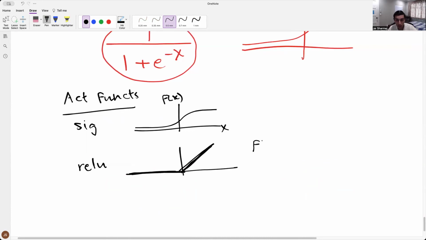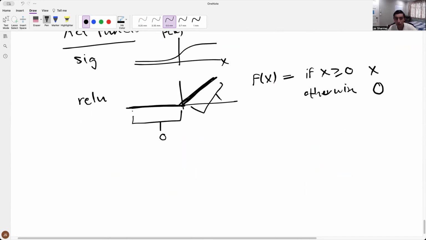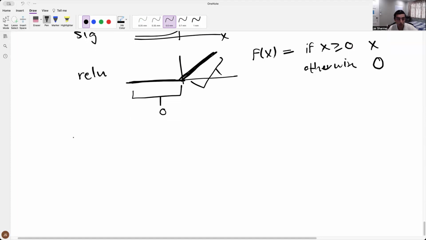So basically the rule for this is that if x is greater than or equal to 0, then just set it to x, right? And this is the line y equals x, right? And otherwise, just set it to 0. So if x is in the negative portion, then just set it to 0, right? And over here, it just gets mapped to the same value that came in, okay? And this is also nonlinear. There's a nonlinearity there. There's also tanh, which is basically just sigmoid